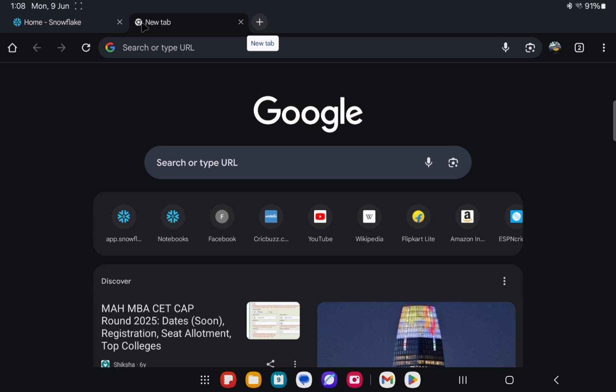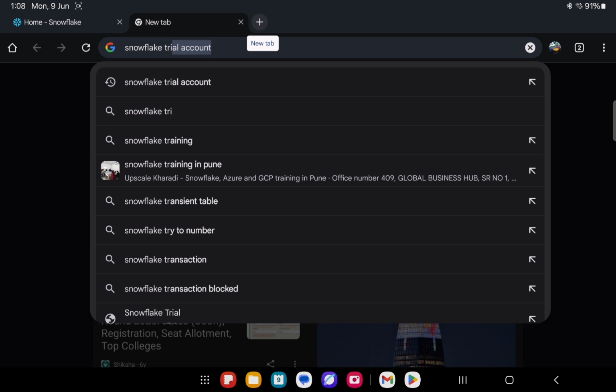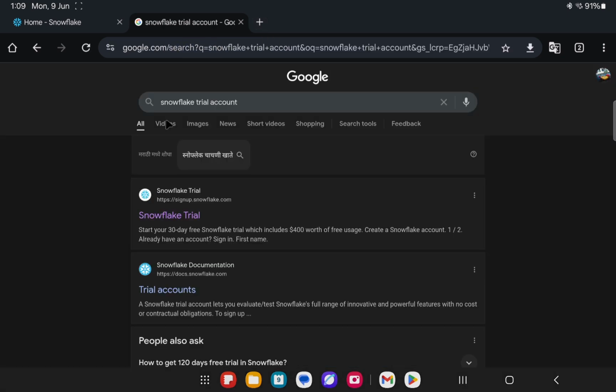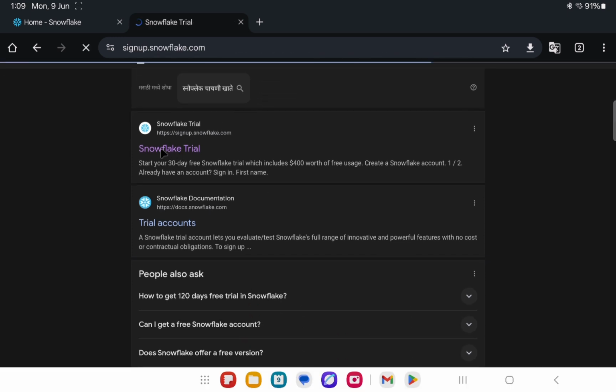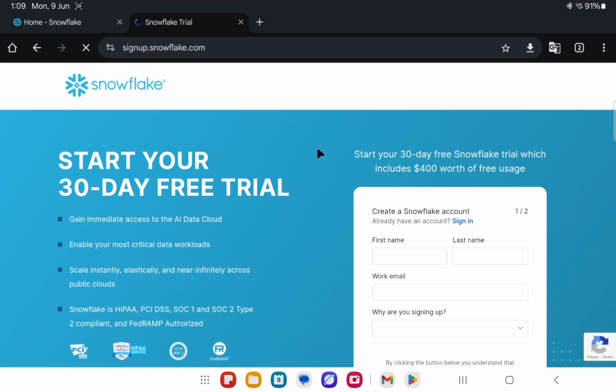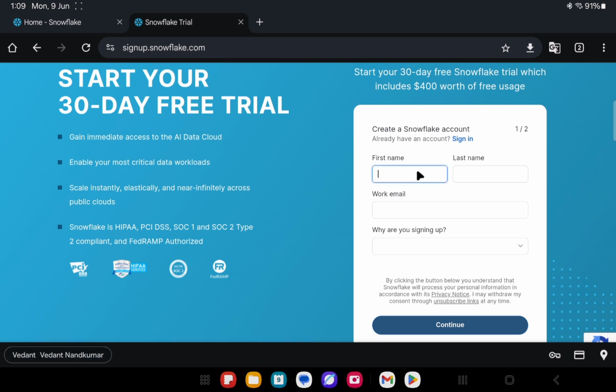Let's learn how to get a free Snowflake account. You need to search for Snowflake trial. Once you Google for the trial account, you'll get a very first link where you can just click and it will take you where you can start your 30 days free trial. The steps are really simple. You just need to start with your name. I'll enter mine,